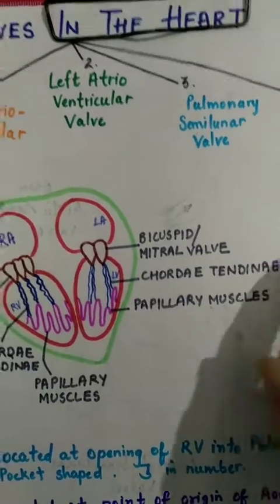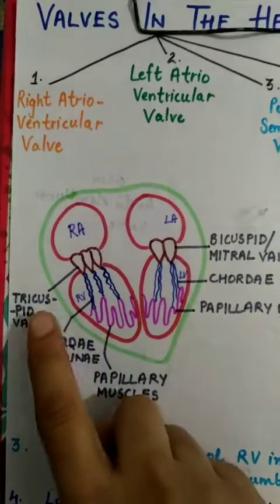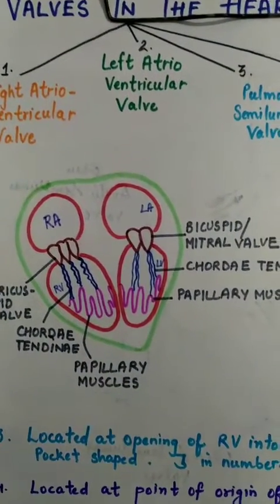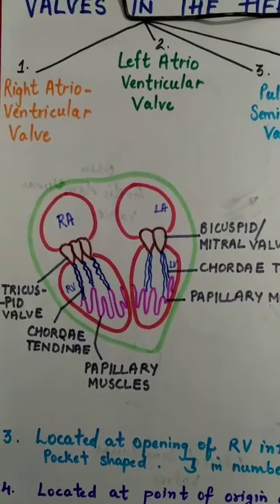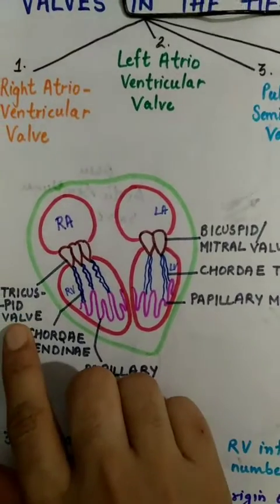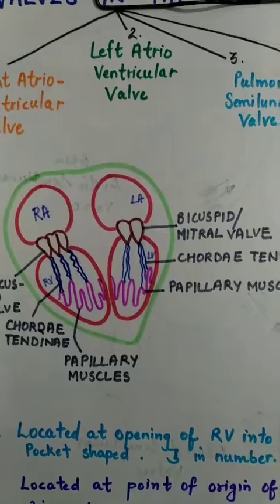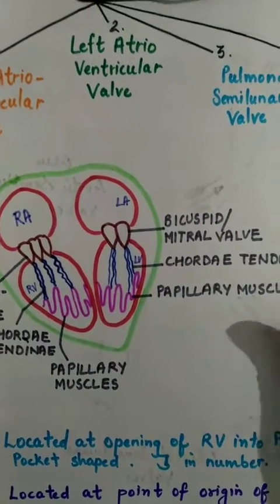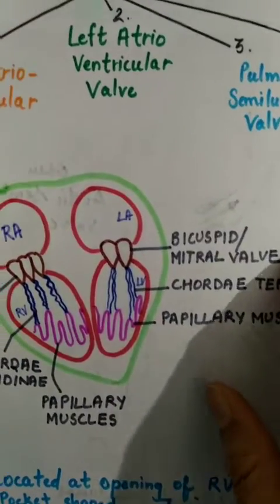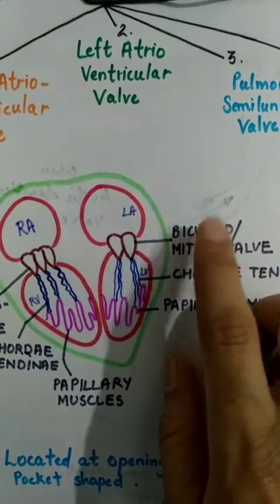Now from your examination point of view, the location of these two valves is very, very important. Number of times, around more than 90% times, this question has come in your examination. Location of tricuspid valve and bicuspid valve, or sometimes it is written as mitral valve. So you have to write it properly and in the correct way, that mitral valve is present between the left auricle and left ventricle. Mitral is also known as bicuspid valve.